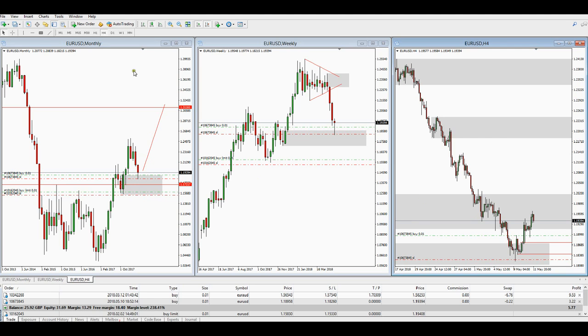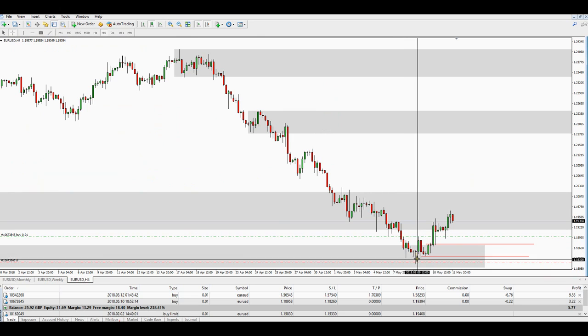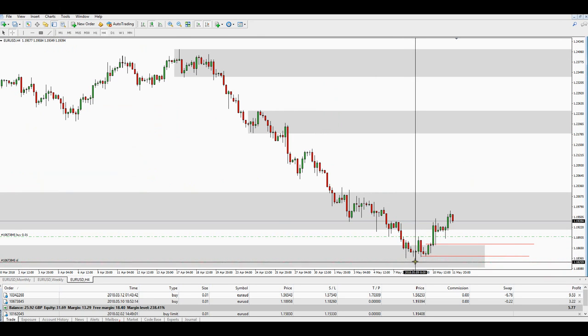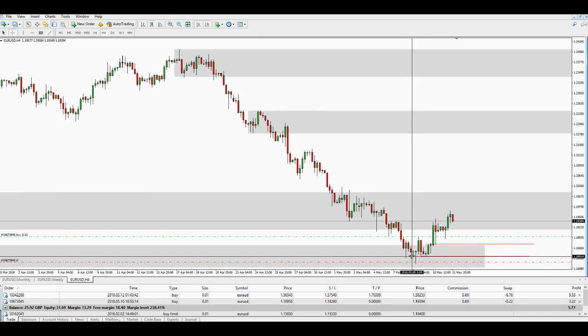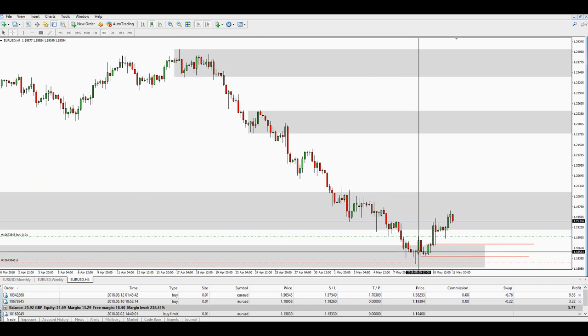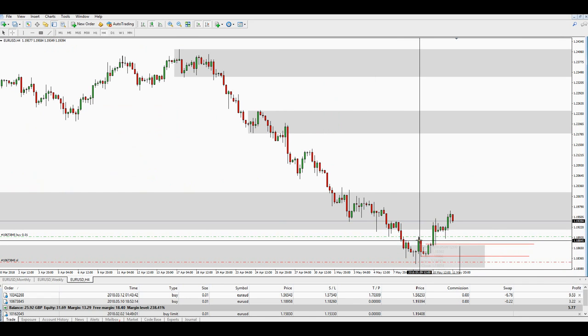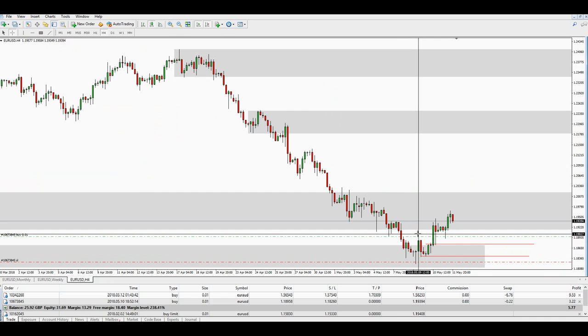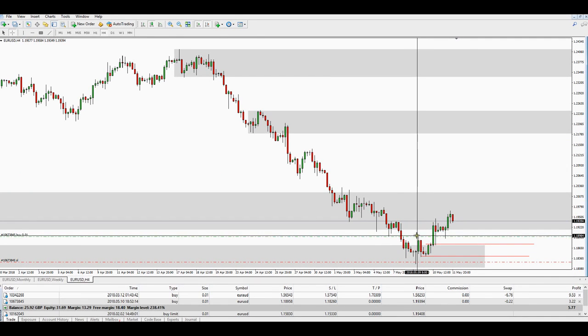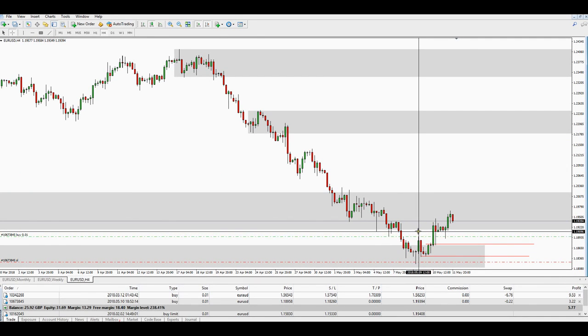So what I was looking for is 240 minute, and I'm going to enlarge this. And what we had here was the first indication. Obviously, we got a hammer. We started, no closes above, but we started rallying. But I was looking at the time, this was a New York rally. The London stopped it dropping any further. New York rallied. It came down during the night. 4 in the morning, had a little rally.